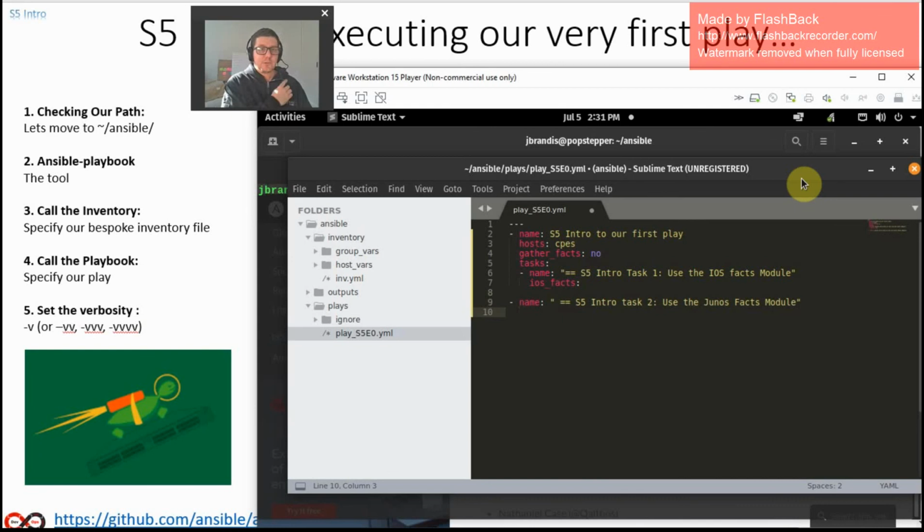Now, iOS, we actually want this against specific hosts. We want this run against, what was it? SRX01, which is the only SRX I have. I think I've also got one called SRXs. We want the tasks. We're only going to have one task in this, but the name of that task